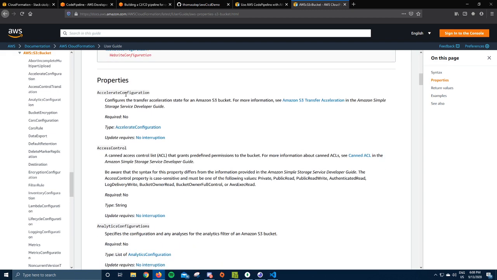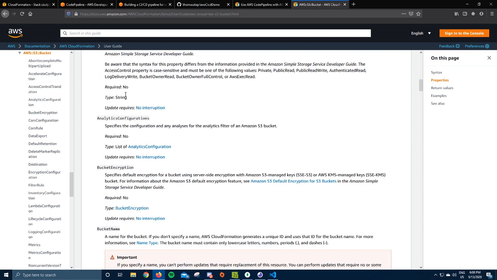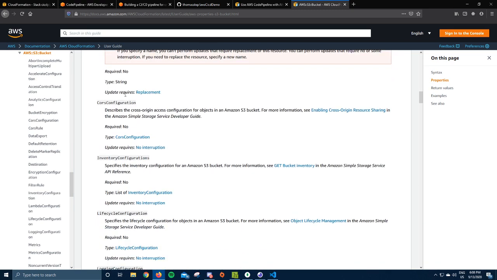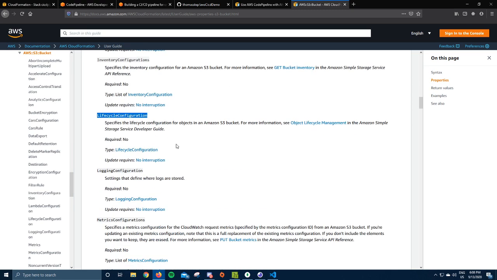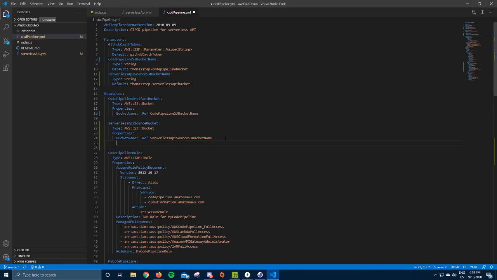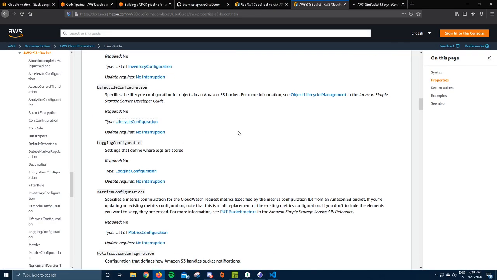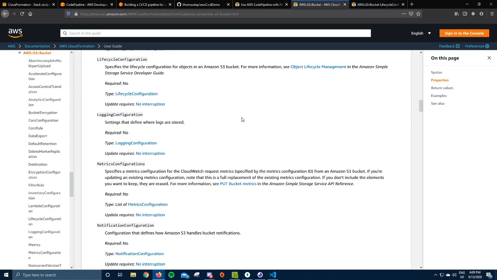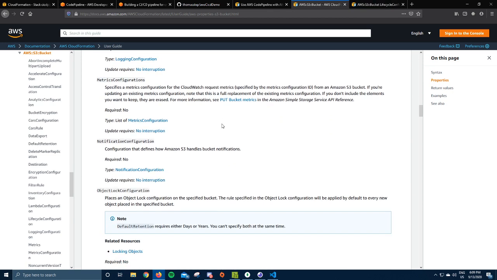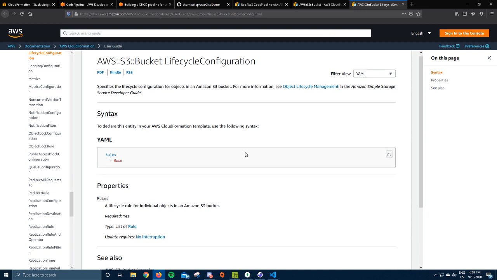Let's see, accelerate configuration. I'm not going to do that. Access control, I'm not going to worry about that. I need versioning and lifecycle configuration. This is the other thing I wanted to do, and it will probably become more apparent as to why I'm doing this after I start pushing things. But what lifecycle configuration is,